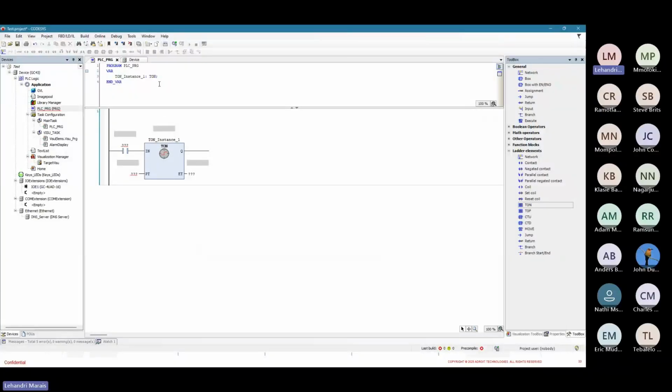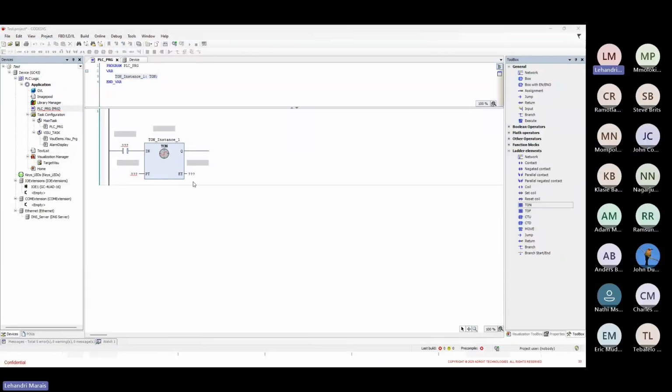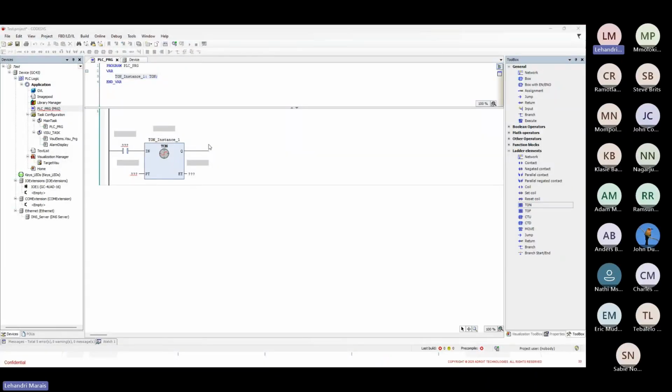But today for now, we aren't going to do that. So I have given it an instance name, and you'll see it appearing in the local variable section of the POU. And it will also show,